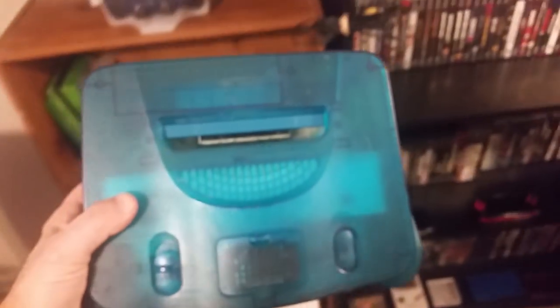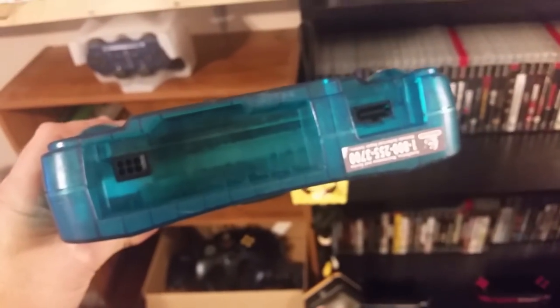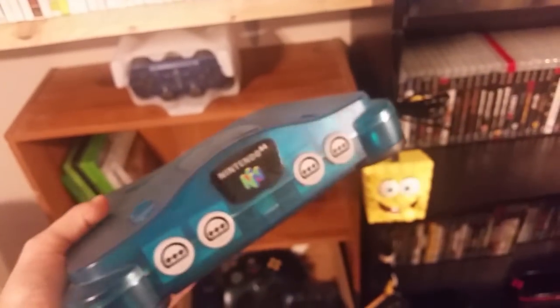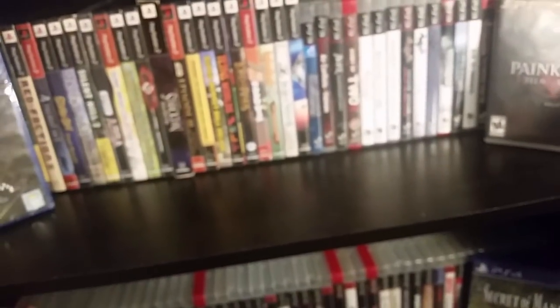I still don't have a power pack for it. Still don't have AV cables for it yet. But I will be ordering them soon. Actually, I got AV cables from a Super Nintendo, so those will work. Just need a power pack. If anybody's got an extra one laying around they want to sell to me on the cheap, I am PayPal ready. So we got 96 titles now in the PS3 collection, and